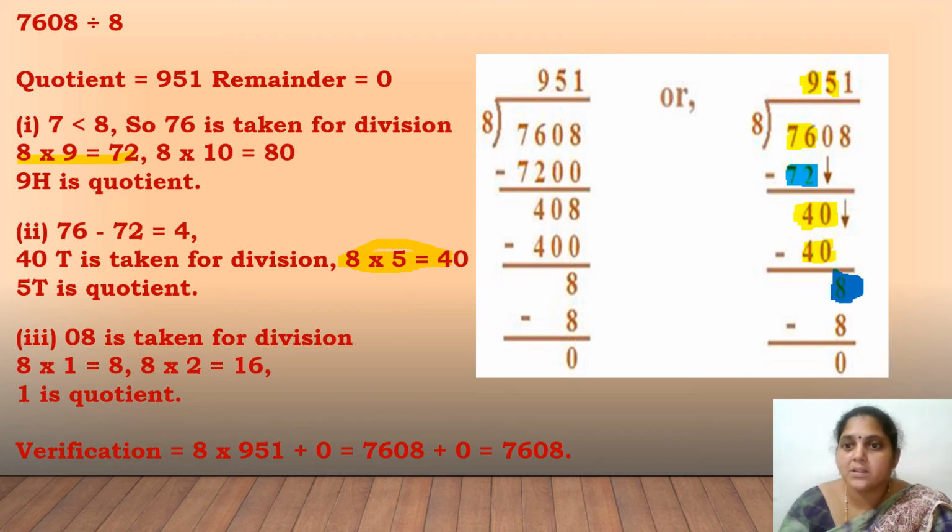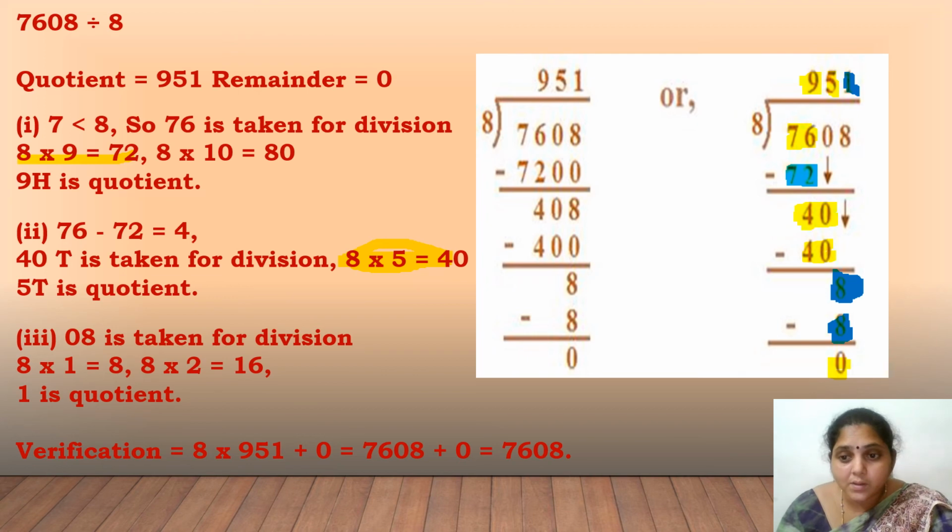You have to bring down the number 8, which is in the ones place. Now what is your last number? 8. 8 is equal to 8. So 8 can be divided by itself. That's why 8 ones are 8. So 8 minus 8, what will be your answer now? Your answer will be 0. You will not get any remainder.